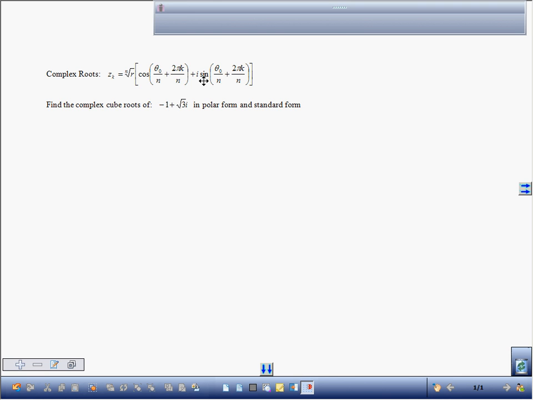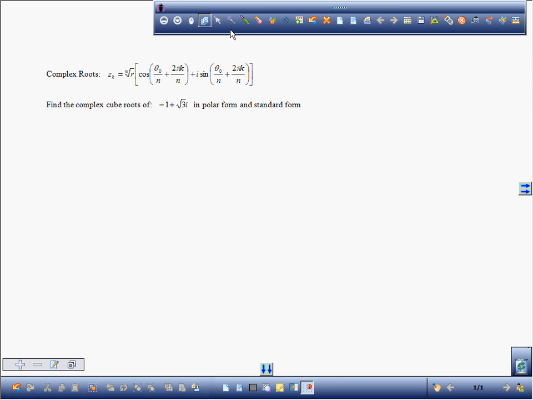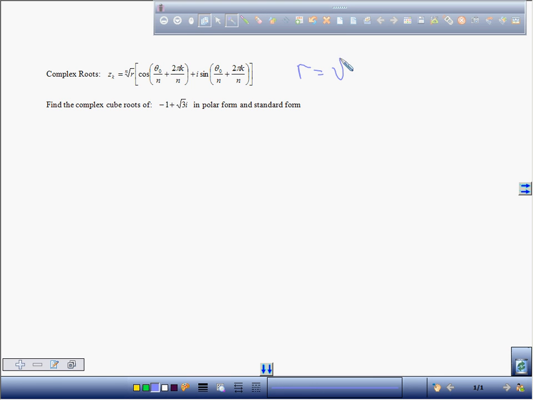So in other words, you took some number and you raised it to the third power, okay? So now you're cube rooting it, just like you would take the cube root of 27 or the cube root of 8 or the cube root of 125. You would take the cube root of complex numbers. And the way you do that, just like you did before, first you have to find r. So who can tell me how I find r? Just like you did on your quiz, r is equal to the square root of what squared